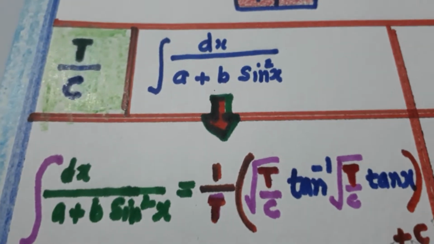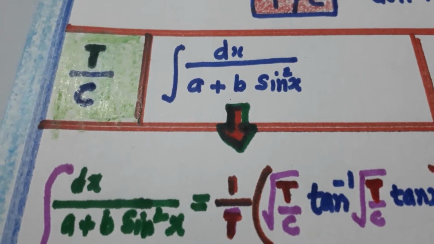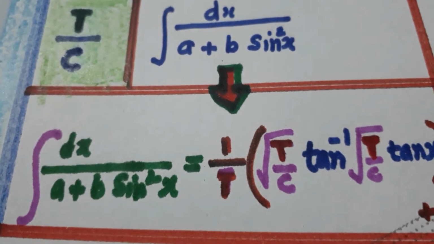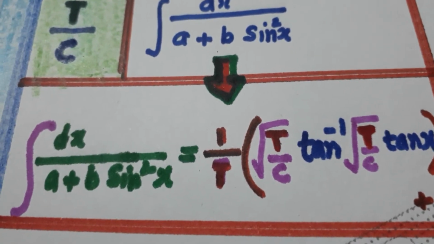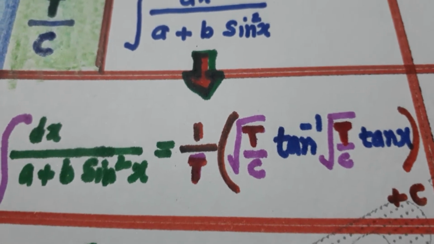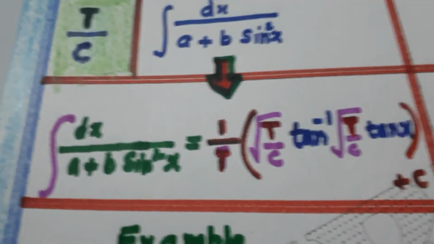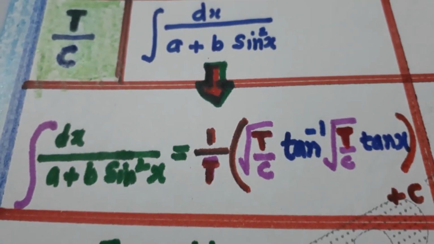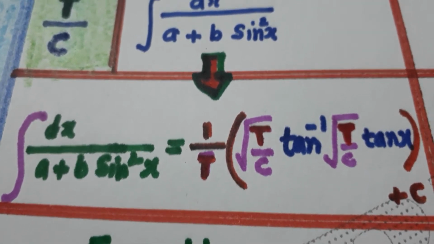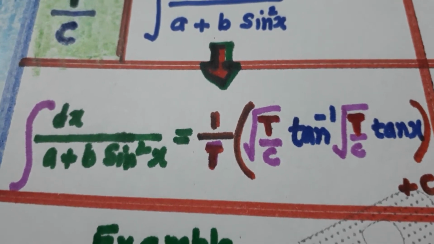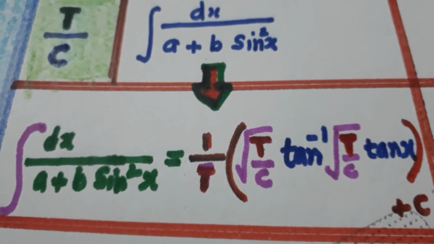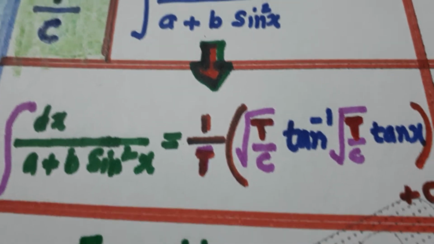Now, whenever you happen to get questions like this, first of all, we should be calculating what is T and what is C. And it is simply T over C. You have to find out under root of T over C, and T is already known. You have to only substitute in this formula. Now when we will be doing questions, you will feel that formula is very easy, and same way